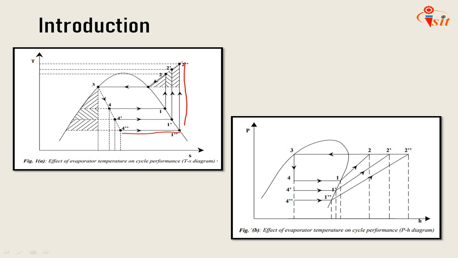Apart from high temperature lift applications, multi-stage systems are also used in applications requiring refrigeration at different temperatures. For example, in a dairy plant, refrigeration may be required at minus 30 degrees Celsius for making ice cream and at 2 degrees Celsius for chilling milk. In such cases, it is advantageous to use a multi-evaporator system with a low temperature evaporator operating at minus 30 degrees Celsius and high temperature evaporator operating at 2 degrees Celsius.